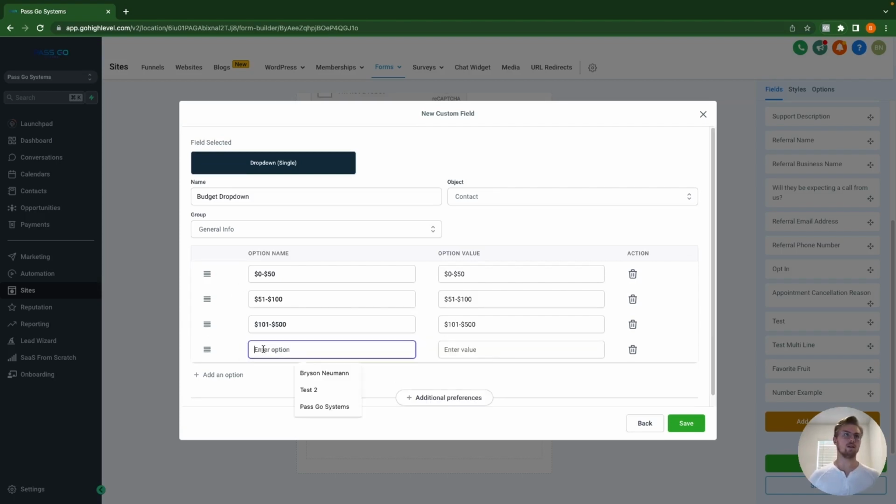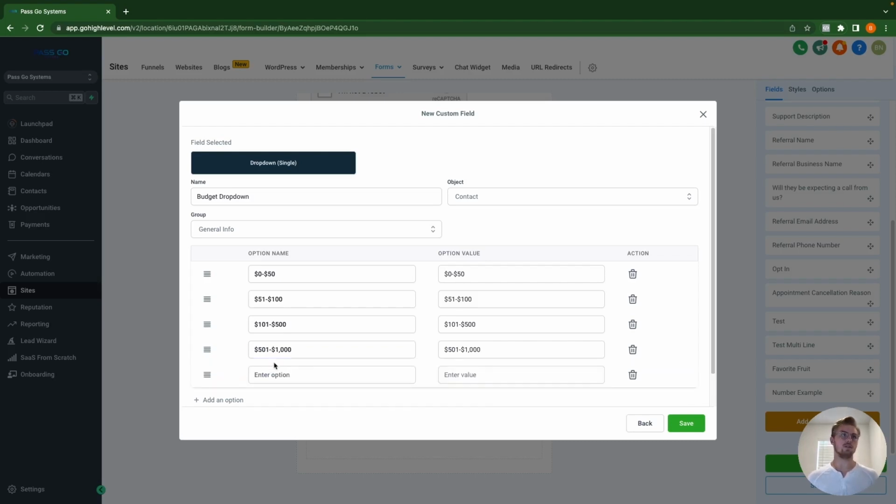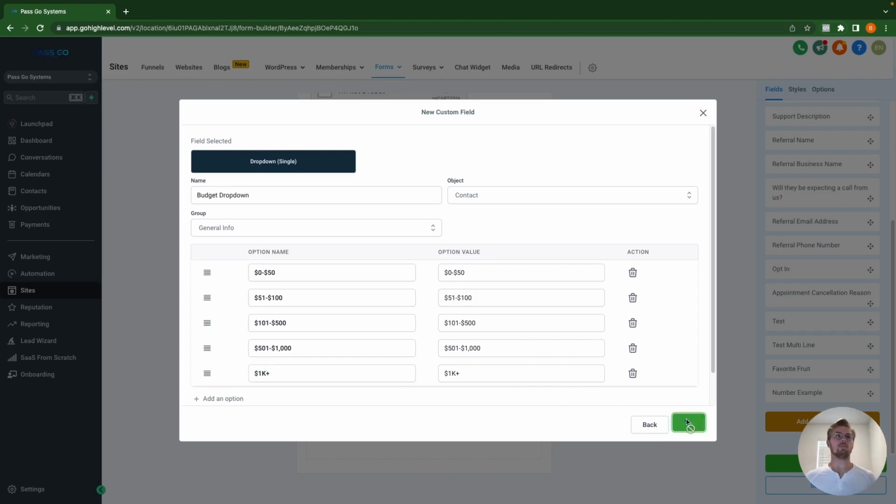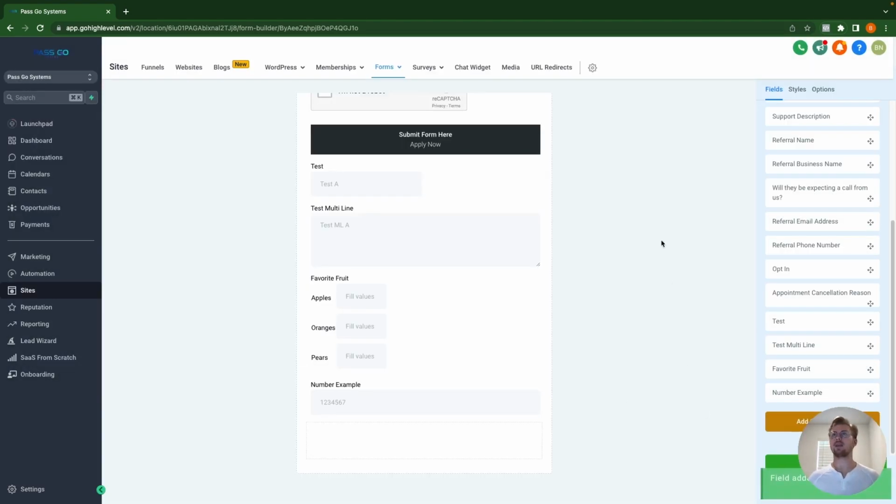And then 501 to $1,000. And finally 1K plus. So now if you want to give them options to select,